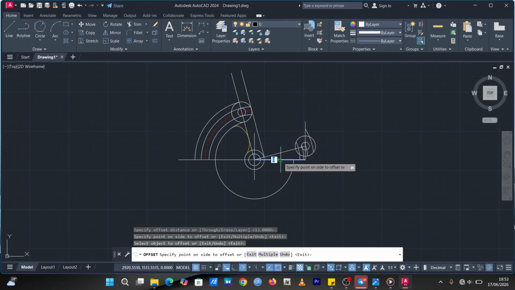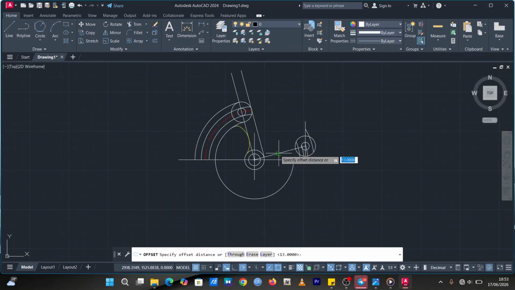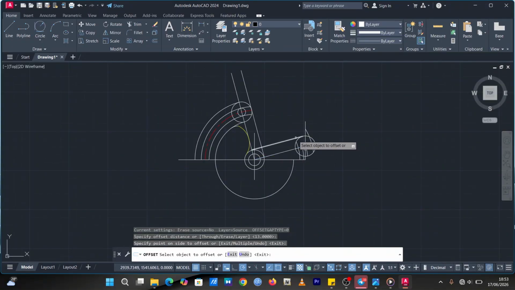You do the same thing for here and here. So you use this one, you do the same thing for here and here. So you are going to get the same thing over here. You click here, so you pick your trim tool,